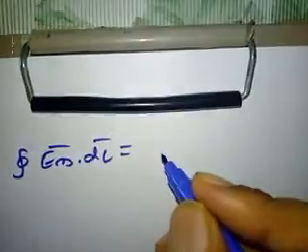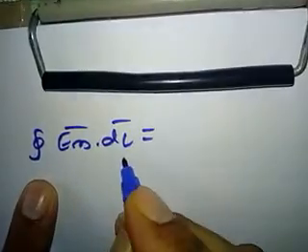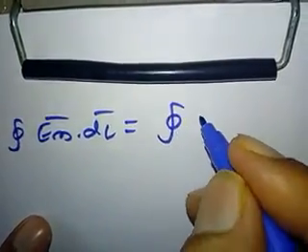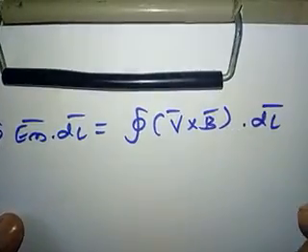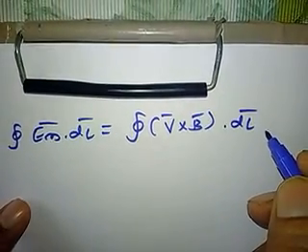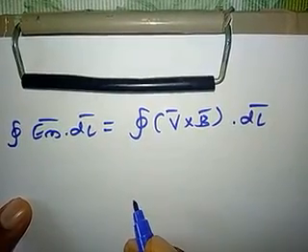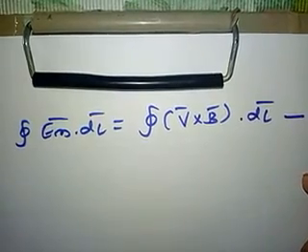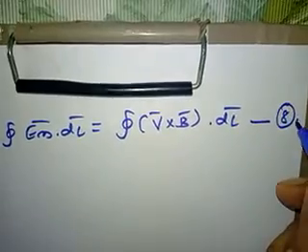This is equal to, so I will take the dot product here over the closed surface integral of the equation EM bar we have got, EM bar dot DL bar. What is the equation for EM bar we have got? That is closed surface integral of V bar into B bar dot DL bar. So this equation is nothing but the EMF induced when the conductor is moving and the magnetic field is stationary or the magnetic field is constant. So let us number this equation. Previous numbered equation was 7, so let us take it as 8.